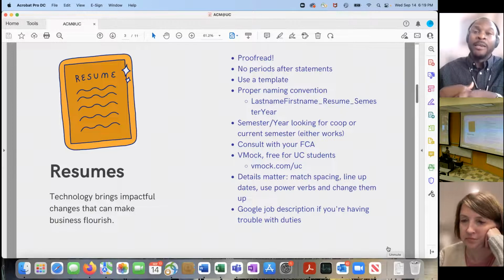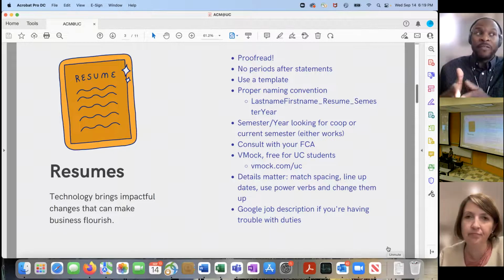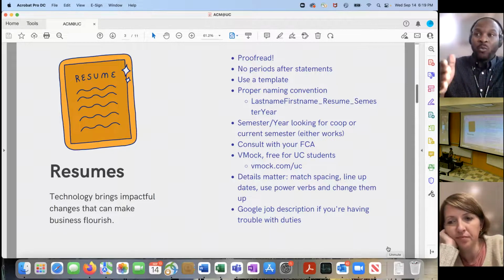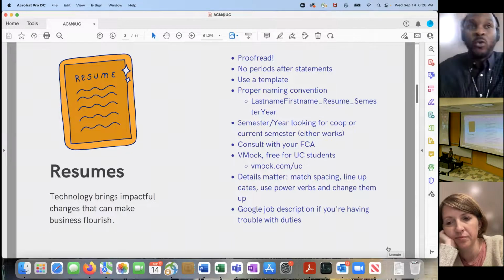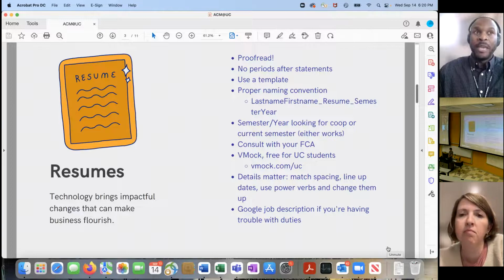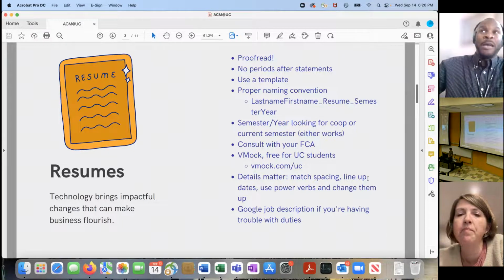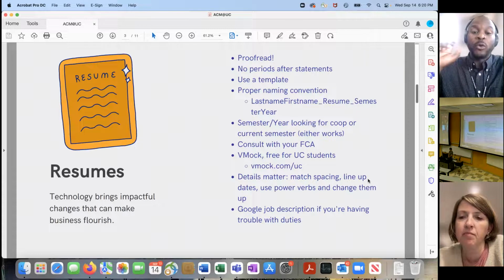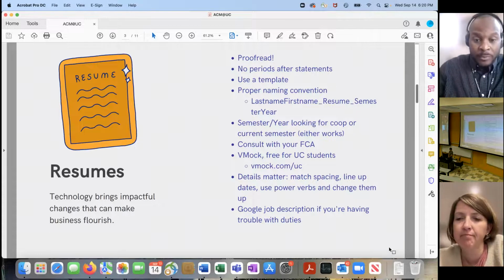So showcase achievements, and if you can quantify what you did to give scope and context, that really helps. I always tell my students, if you can showcase how much, how long, how often you did something, or the size of the team, or the number of projects you were working on, those go a long way in describing the impact of what you bring to the table.